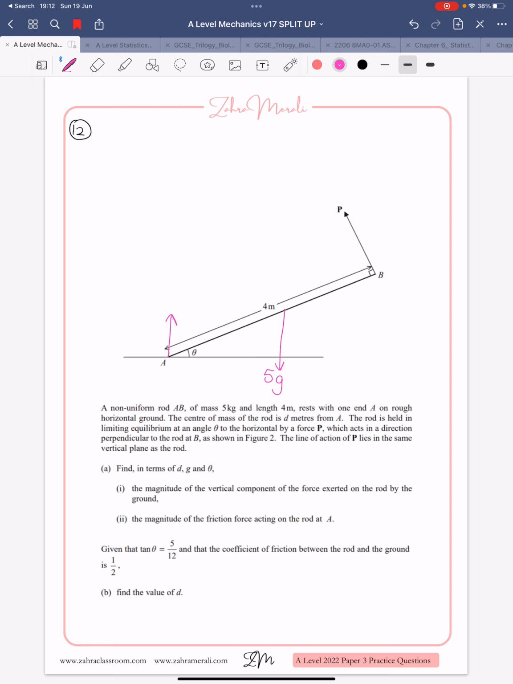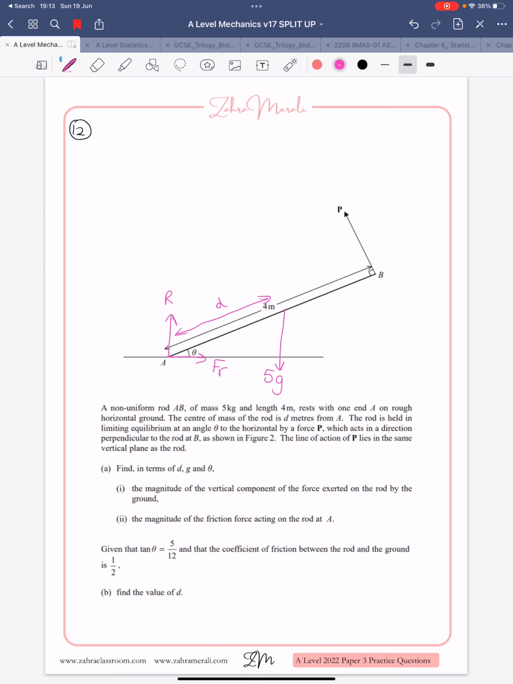So straight away we see that we've got our R, and we're going to have some friction. The centre of mass of the rod is d meters, so we know that this is going to be d meters away. The rod is held in limiting equilibrium by angle theta. The line of action of P, so that's a force, is the same. Okay, fine. So now we just need to resolve some forces, because remember I'm going to do up, down, moments